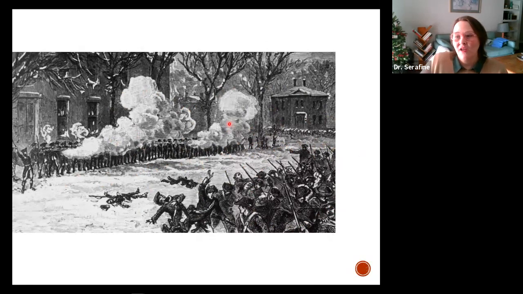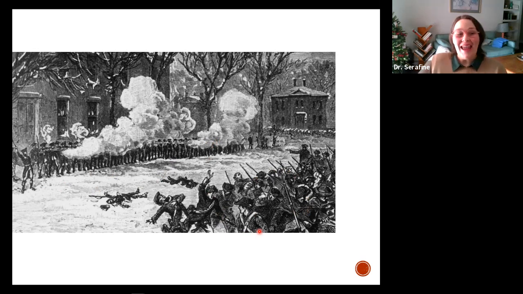We see the same depiction of this very organized army firing on a less organized group of patriots here. The fact of the matter is the Shaysites were experienced soldiers. They were probably more experienced than the army that the governor raised. But this secondary source suggests to you that people were very sympathetic with the Shaysites.